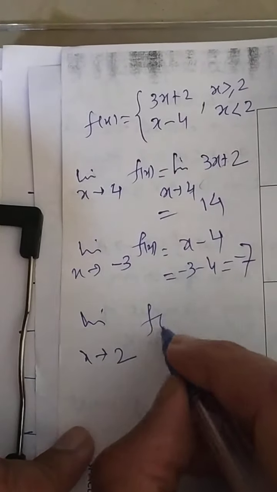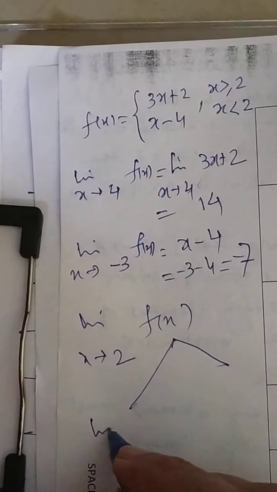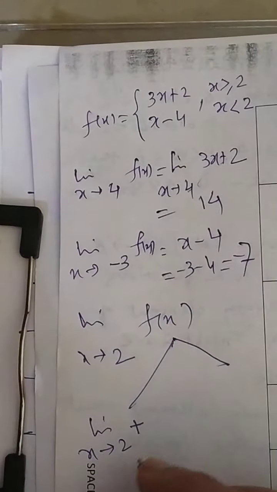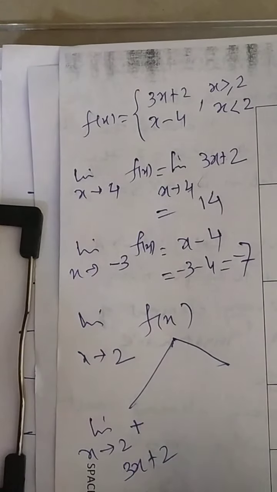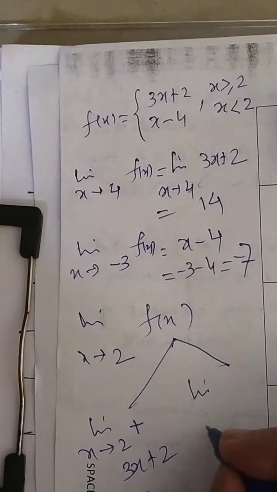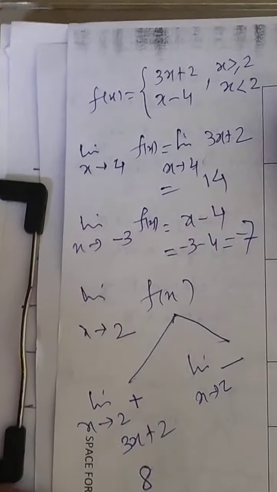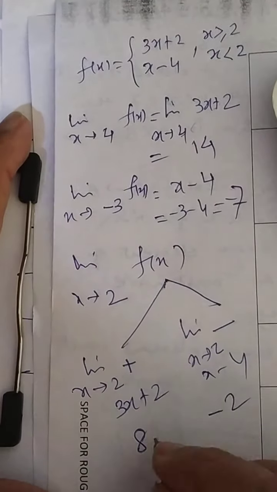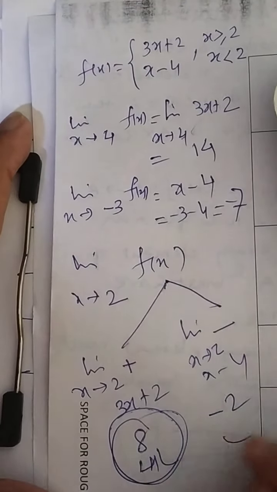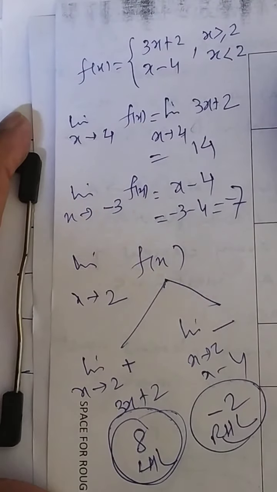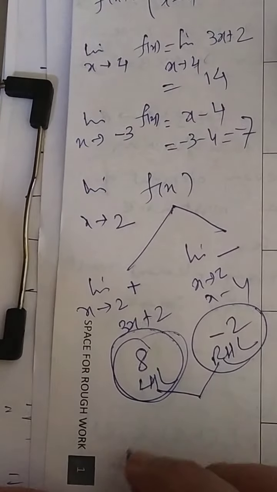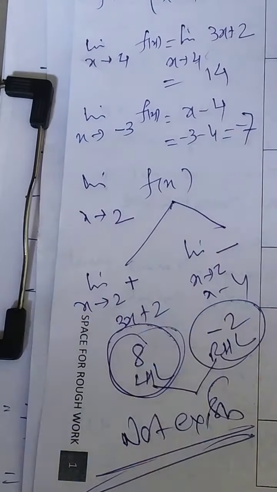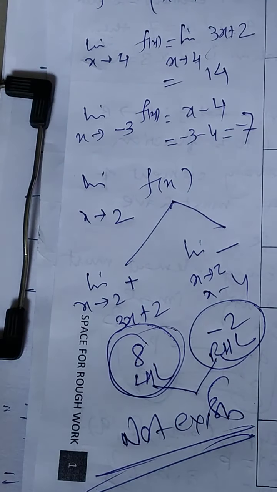But if this problem is asked, you know the method, you have to talk about x tends to 2 positive. For 2 positive, it will be nothing but 3x plus 2 and it will give you 8. And whenever limit as x tends to 2 negative is there, then in that case you will be considering x minus 4 as the function and you will get the value. So this is called LHL, left hand limit. This is nothing but RHL, right hand limit. These two are not equal, so the limit does not exist. A limit is said to exist whenever both, left and right, are equal.